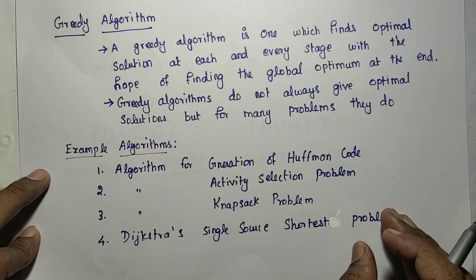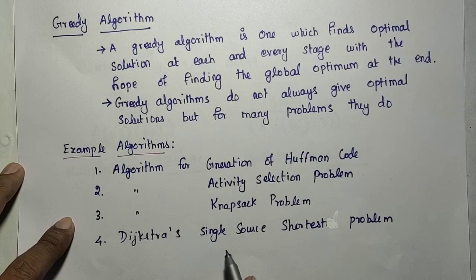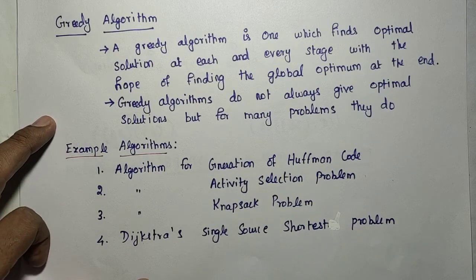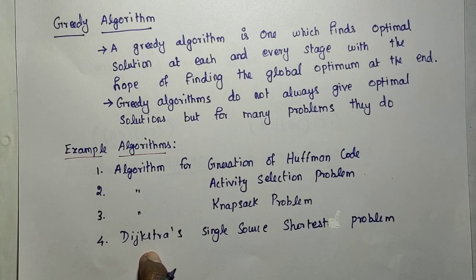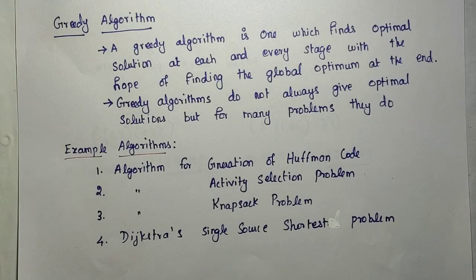So then the example algorithms. Okay, what are the example algorithms for the greedy approach? Mainly we already discussed one algorithm, Dijkstra, the single source shortest path algorithm. So that is an example for the greedy algorithm. But the Dijkstra algorithm, for any kind of input, always gives the best solution. Okay, the approach is the greedy approach. It means at each level we are choosing the best one and then we are traveling. Just go through that algorithm, Dijkstra, okay, and analyze it. Why is it called a greedy algorithm? Just analyze it. Okay, that approach is the greedy approach. And always it will give that optimal solution.